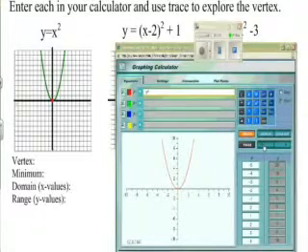And if I trace up to the left, you can watch the y values growing. Y is getting bigger and bigger. Y is continuing to get bigger. As I go down towards the vertex, the y values get smaller, smaller, and smaller, but they never get smaller than 0. And then on this side, the y values begin to increase again. So we say